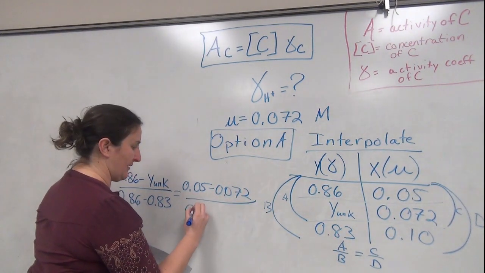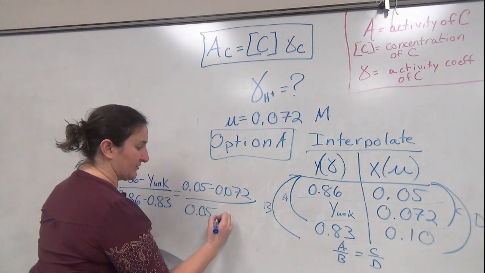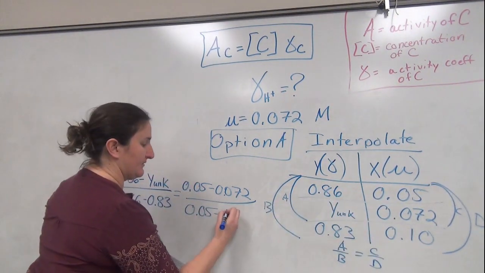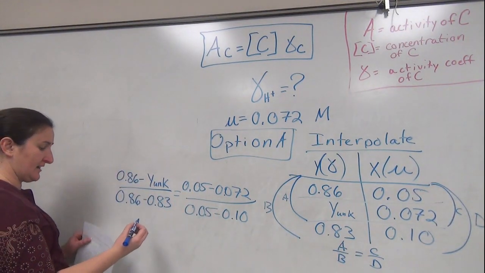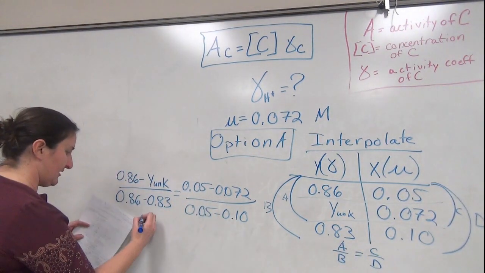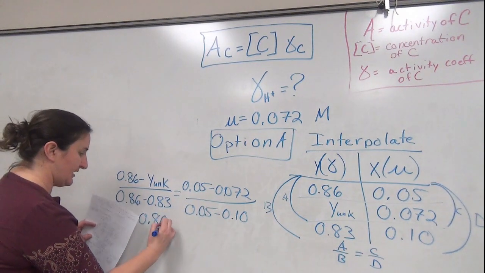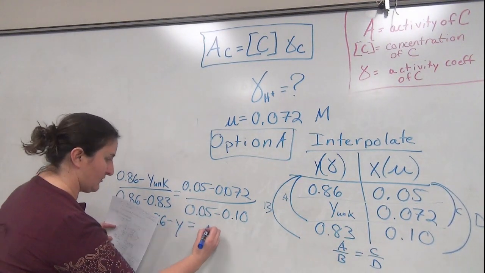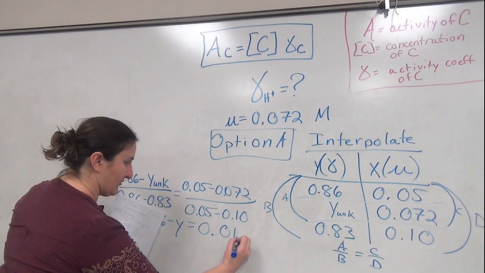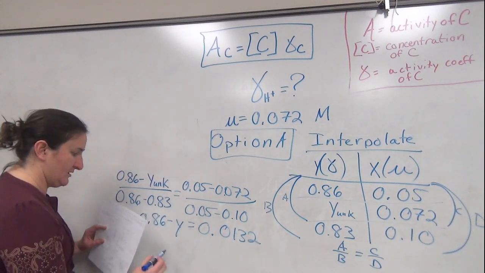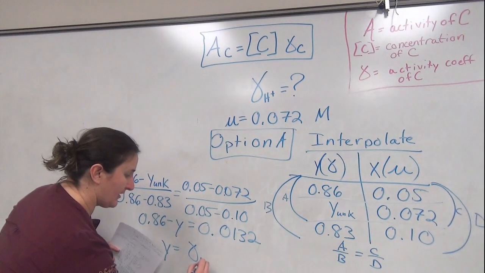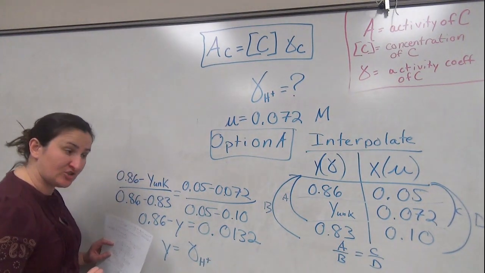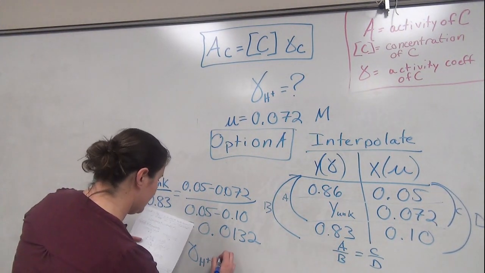All over my big interval 0.05 minus my final data point 10. And now I can do all this and I can solve for y. So to begin with, I have 0.86 minus y equals 0.0132, which means y, which equals my activity coefficient for hydrogen, that equals